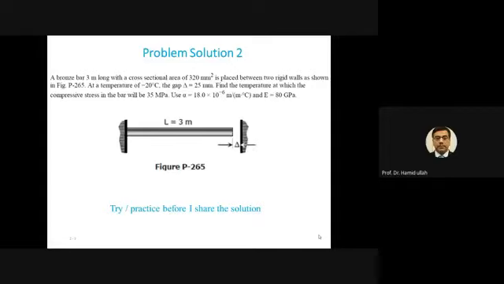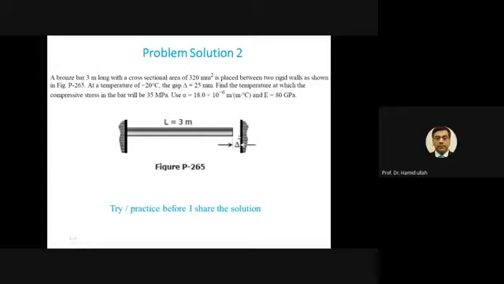So in this case, you remember, it was one of the cases we mentioned in the theory last week. You can see here again there is a gap between the body and the support on the right side. In this gap, the body is free to expand. Whenever there is free expansion of the body, there will be no stress. There could be strain, because the change in length is occurring.